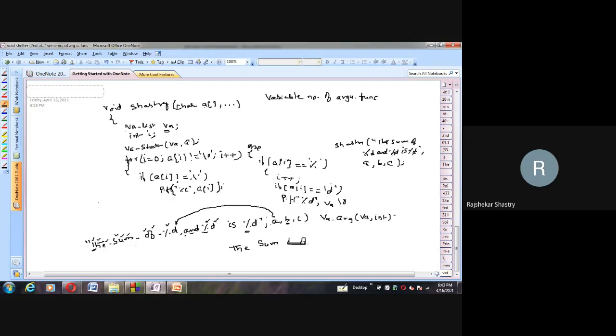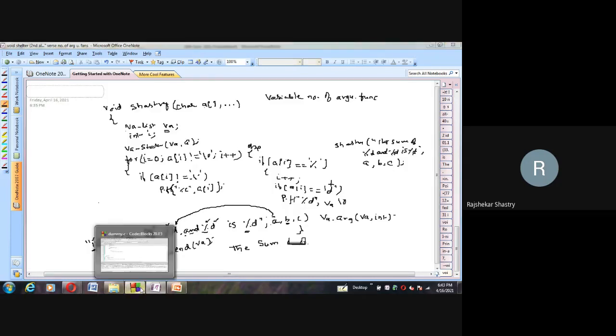If it is not D, if it is F, then we could have also written va comma float. If it is character, va comma char. So likewise we go on like that. That's all. This is my method. After ending, then we have to close. Our work is done. So va_end we have to write. Va_end of the Shastri method. And that's what I implemented just now.